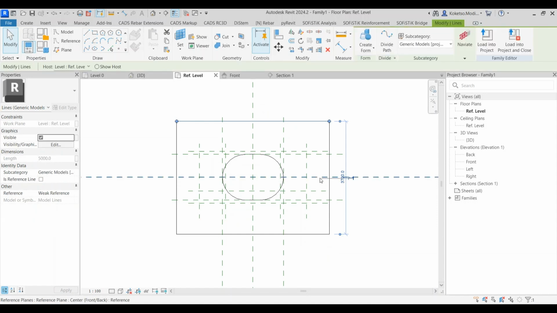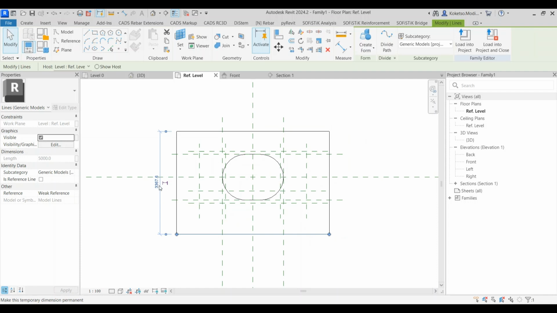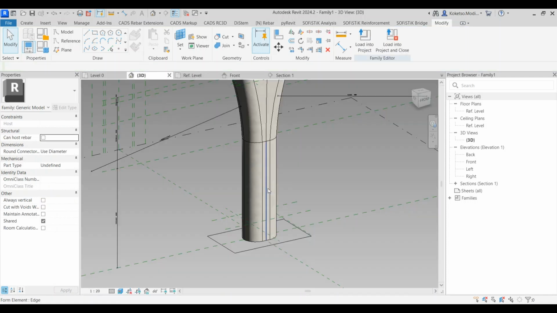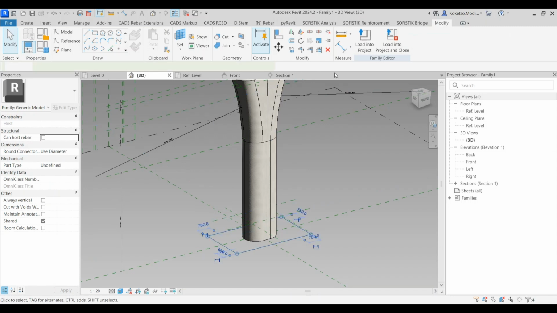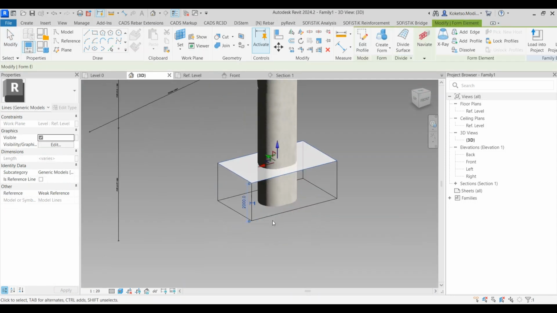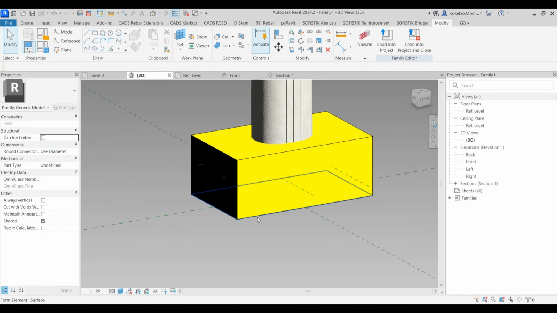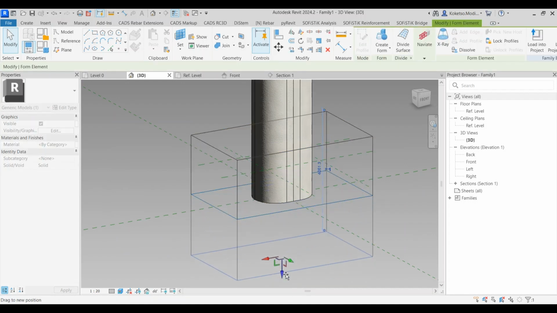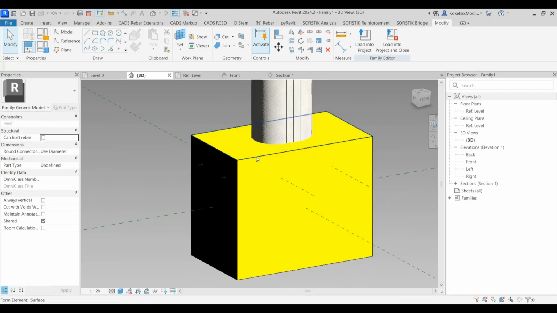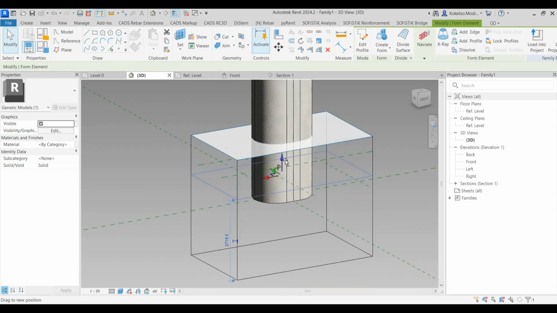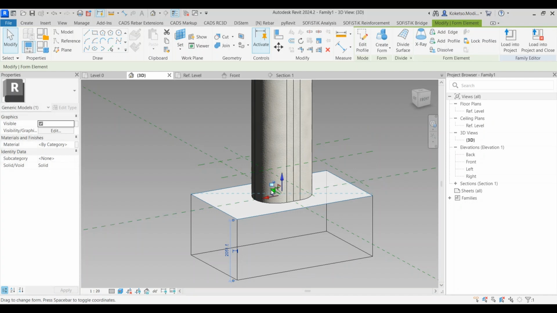And then this one, I'm going to make it 1.5. So in total, it's going to be 3000 millimeters. So I'm going to go back to the 3D view, select my line, create a form, and then hover over down and drag it downwards, and then hover over to the top of my base, and then drag it downwards until it's on the bottom of my pier shaft,